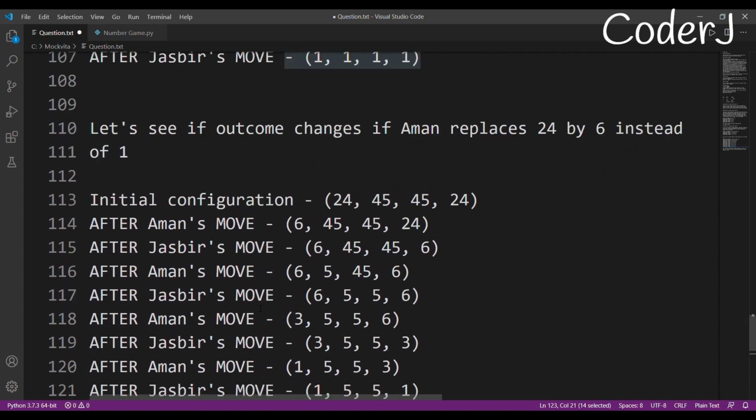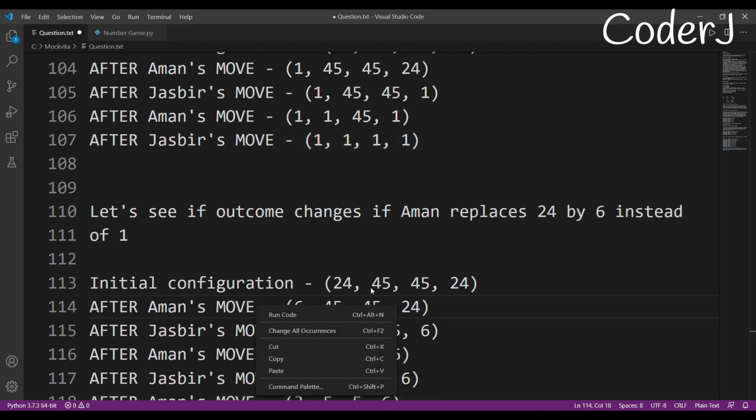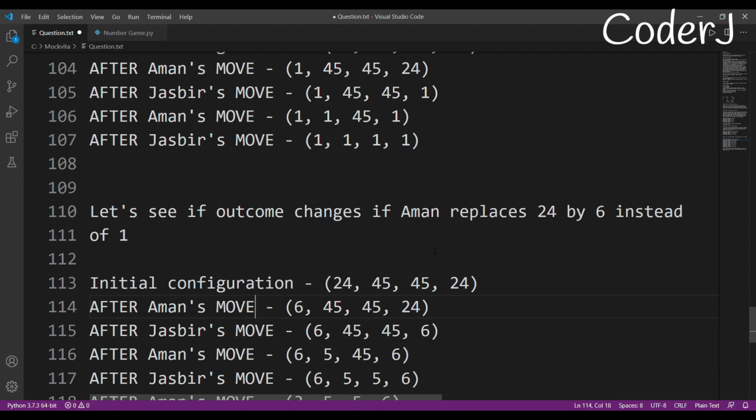It is easy to see that just by mimicking Aman's moves, Jasbir will win. Okay, so I know this question will seem a little bit confusing. You might be thinking that we have to use DP, so that we have to calculate all the choices that we have, all the possible outcomes, right? But don't worry, you don't have to do that, because this question is not of that level, right? But now the trap. What is the trap? If you start thinking about when Aman will win, then you have fallen into their trap.